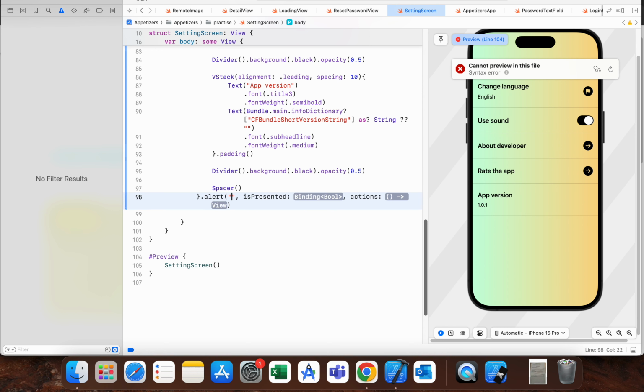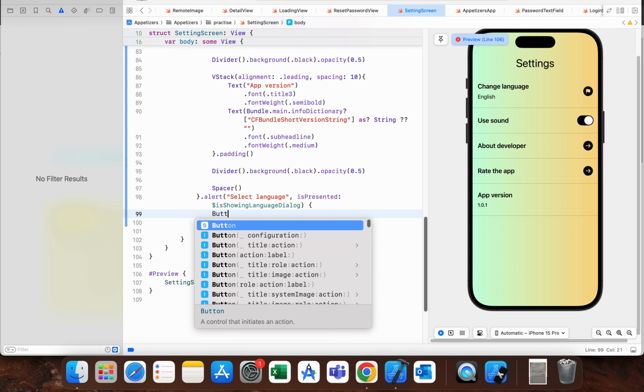So this one, title will be select language. If it's presented, we can check with our isShowingLanguageDialog binding state variable. And for the actions,